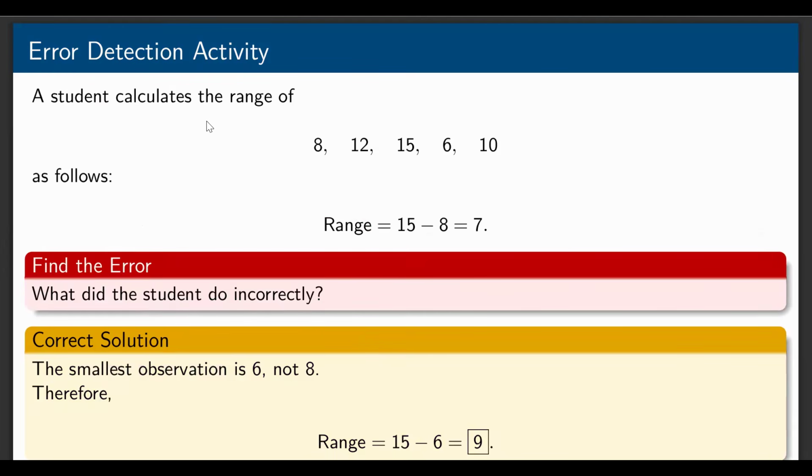Let's find an error. A student calculates the range of this data set as follows: 15 minus 8 equals 7. What did the student do incorrectly? Well, I notice here that